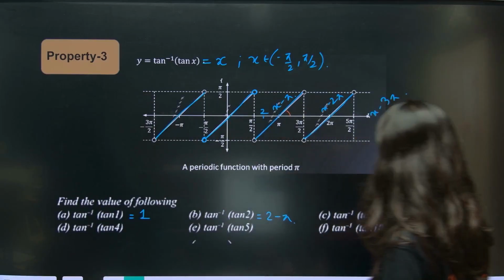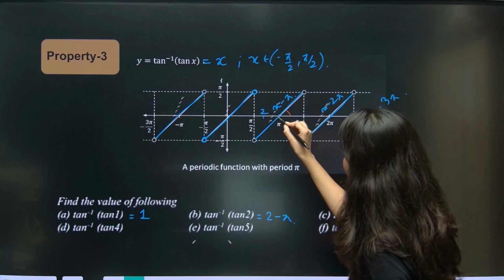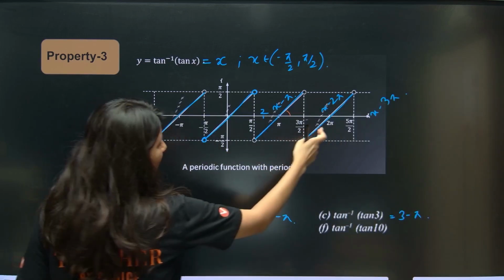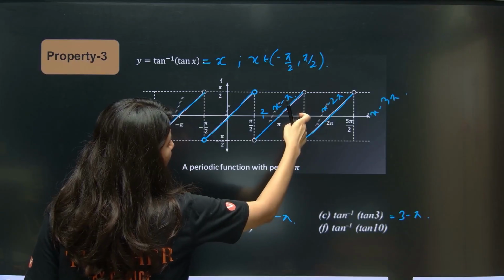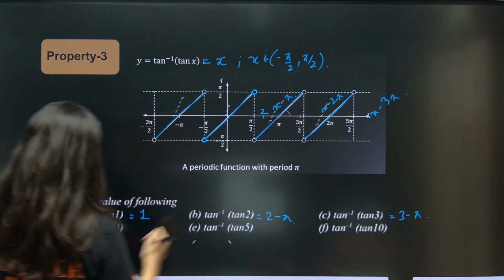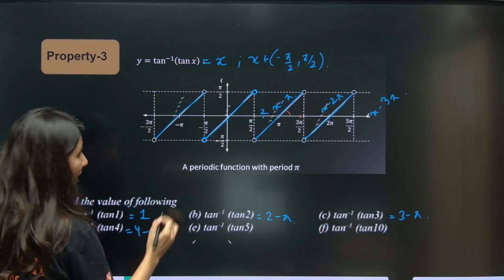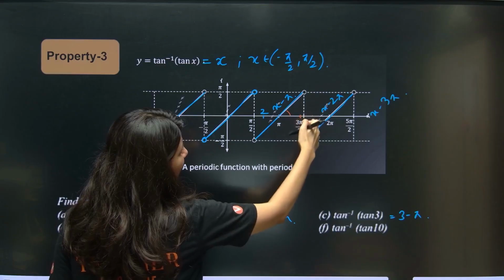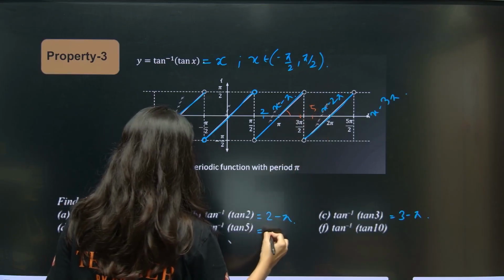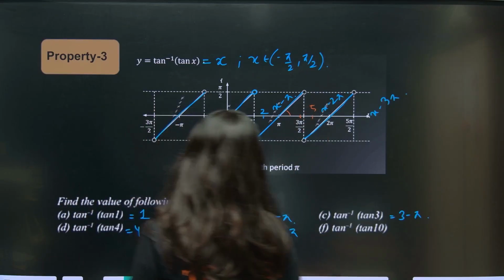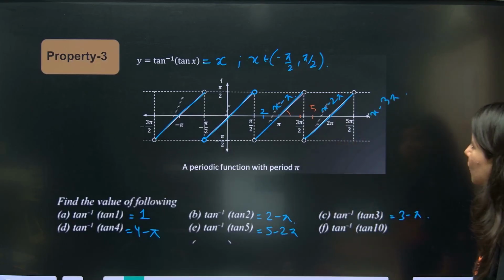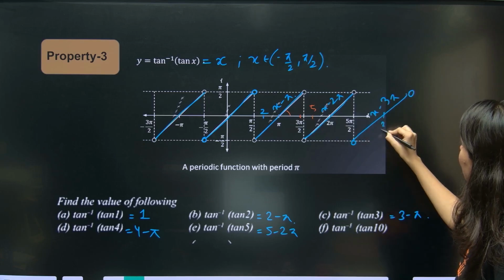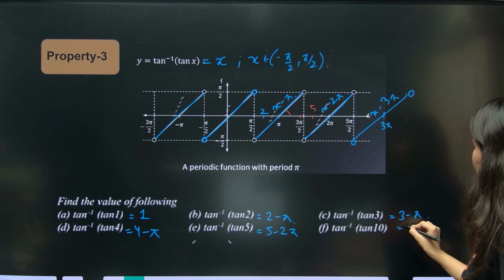Tan inverse tan 3. So ma'am, 3 lies over here, again 3 minus pi. 4, where is 4? So ma'am, 4 is somewhere over here. So again 4 minus pi. 5 is what? Where? 5 is somewhere over here. See, this is 4.5. 5 will be here. So x minus 2 pi, 5 minus 2 pi. And where will be 10? Tell me. Where will be 10? So ma'am, 10 will be, if you draw 2 pi, it will become 3 pi. So 10 will be around this. 10 minus 3 pi.